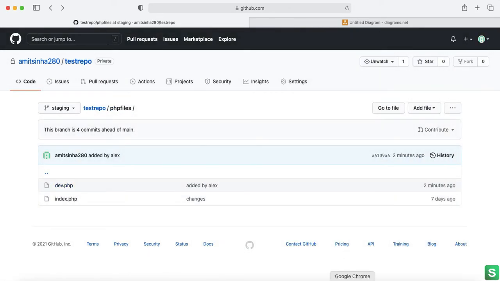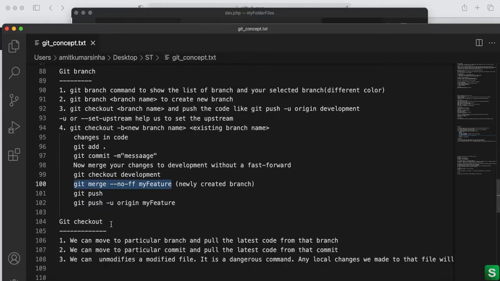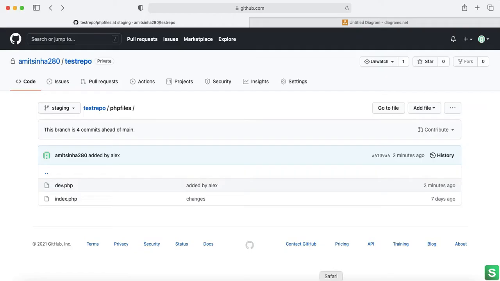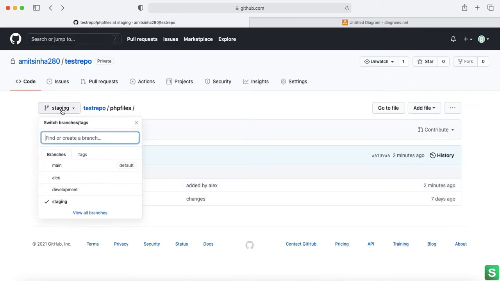Okay, so I hope it is clear how to use this git branch, create individual branch and create branch from existing branch. This feature is also here. You can see once we come here, see I am in staging. So now suppose I am going to create one branch Lily.